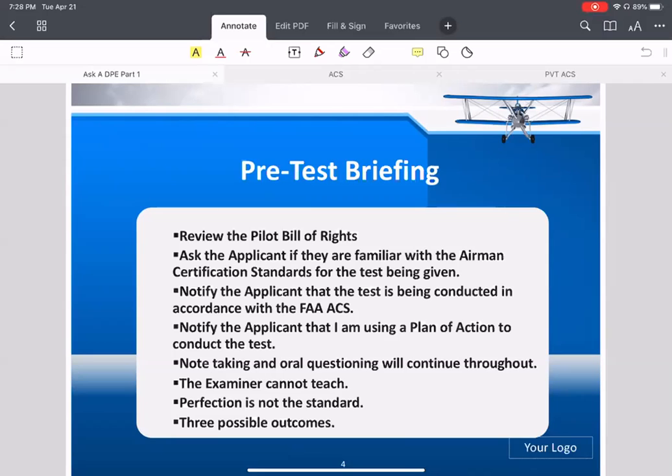Same thing goes with weather. I have seen numerous times where an applicant makes a decision because they want to get the test done, and they go up in weather conditions that are less than favorable. As an examiner, I can give a little bit of leeway in their performance, but not a significant amount of leeway in their performance. So if they're choosing to go up in a 10-knot crosswind, which is within the limits of the airplane, but if they have side drift on landing, and they drift to the left side or the right side of the center line, they're not aligned over the top of the center line, or the longitudinal axis of the airplane is not parallel to the center line, that would be a reason for disapproval,